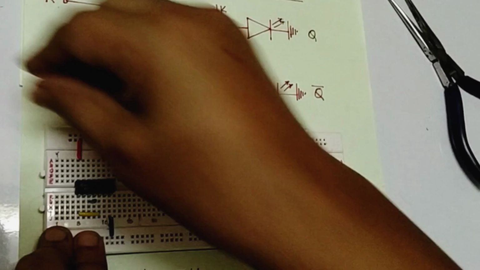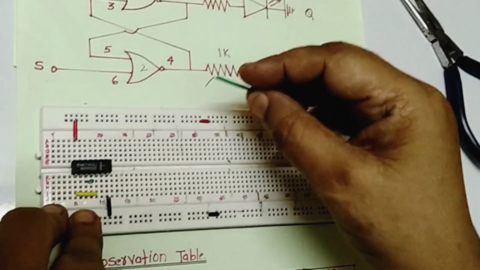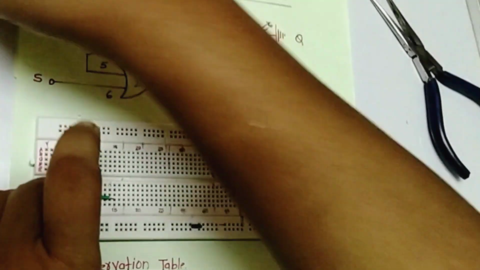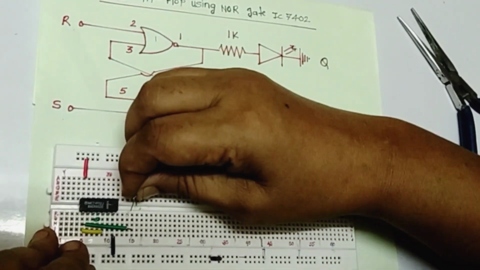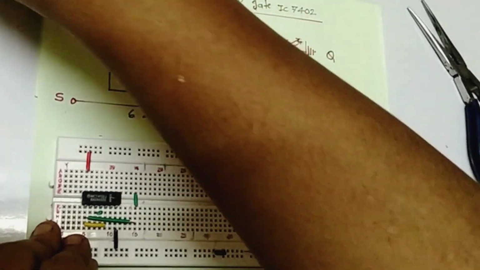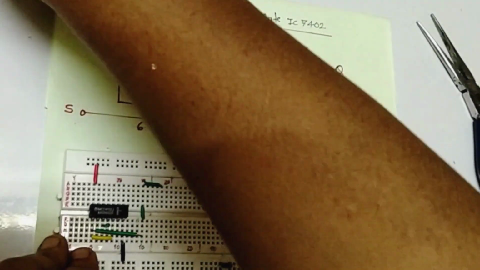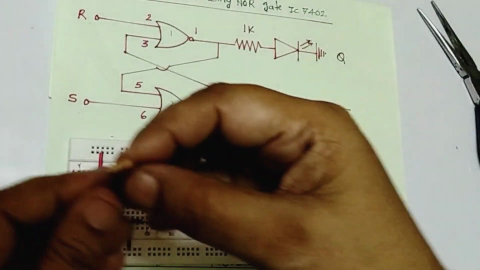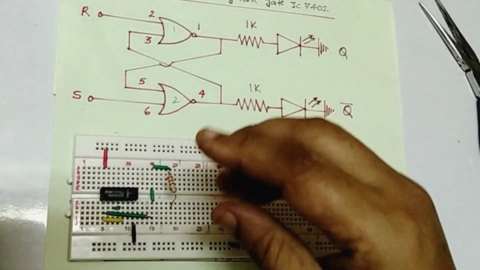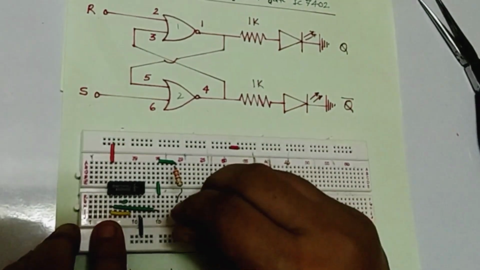Okay, now see here properly. This is the output of the circuit, pin number 1, going up now. Output of the circuit Q. Now we are connecting here one resistor. This resistor is 330 ohm, we are connecting in series. And this is your LED, anode and cathode. Cathode going down.